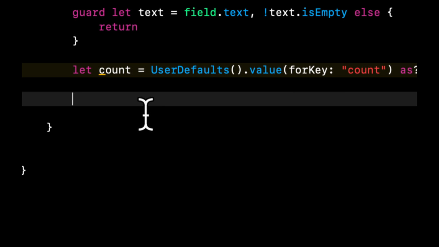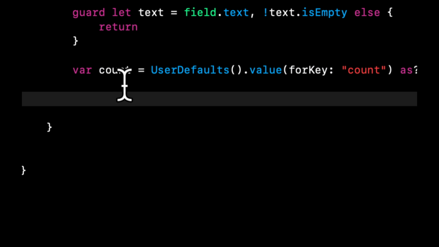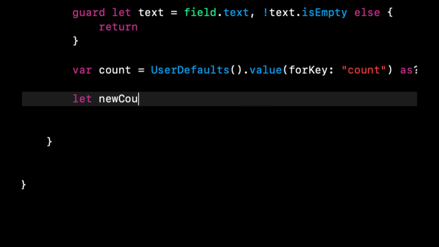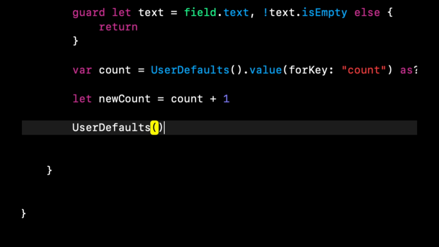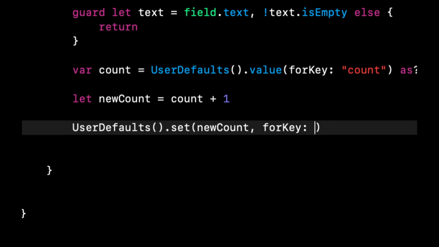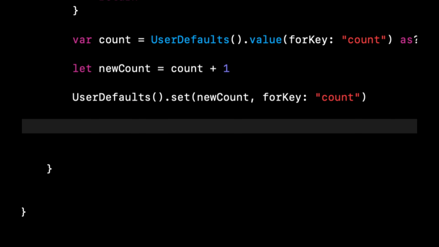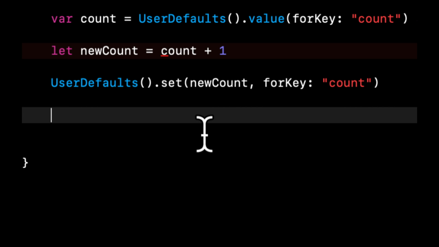The next thing we want to do is actually change this to a var because we want to increment this. So let's say new count is count plus 1. Then we want to set this new count again. So we're going to say set new count for count. And lastly, we want to actually save our tasks. And the way we're going to save it,